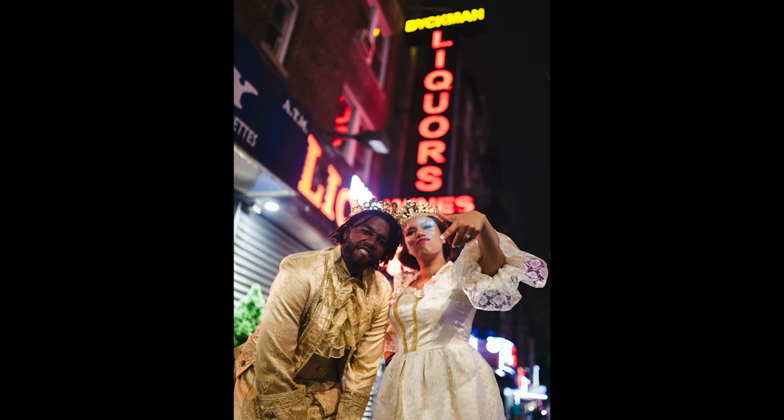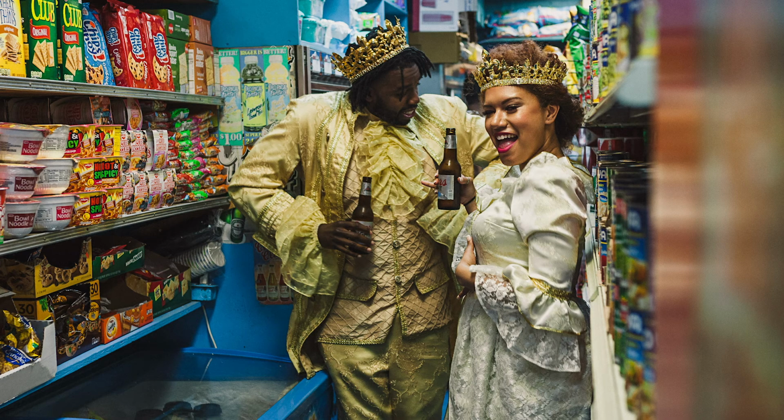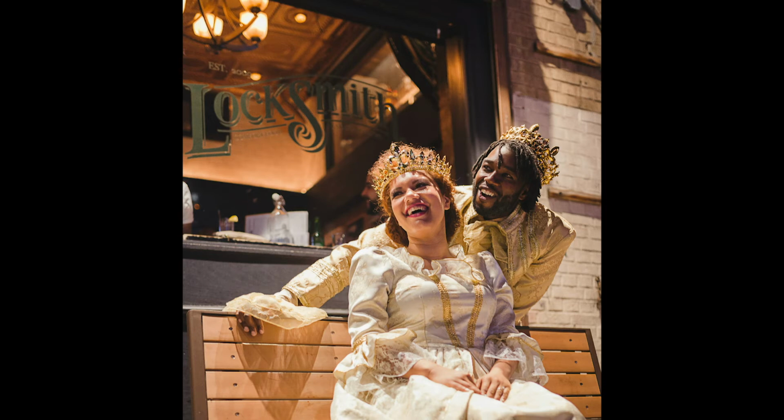After Harlem, we got back into our Victorian look. Yep. And we went to Dykeman. Yep. We shot in front of the liquor store, the bodega owner that I know. Like we bought some beers and drank it inside of the bodega. Shh, don't tell anybody. And then we headed to Locksmith, where we got engaged, where Jarrett proposed,